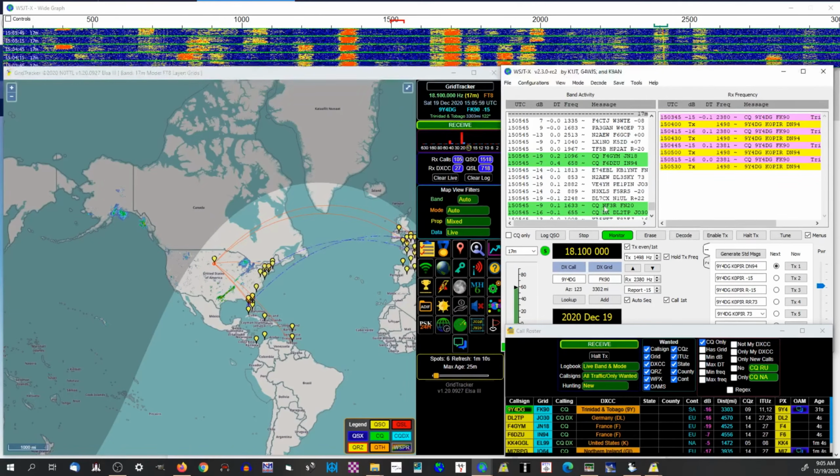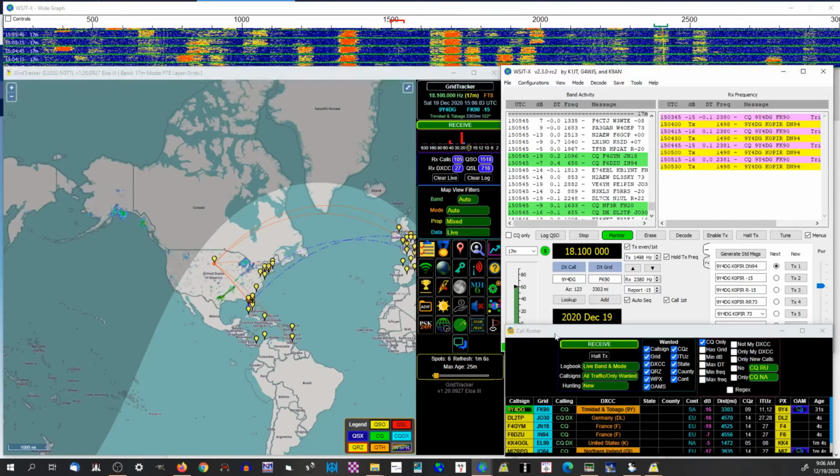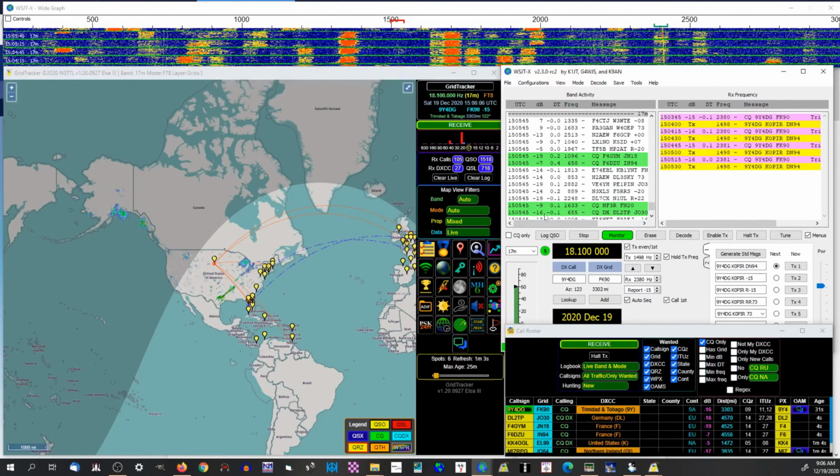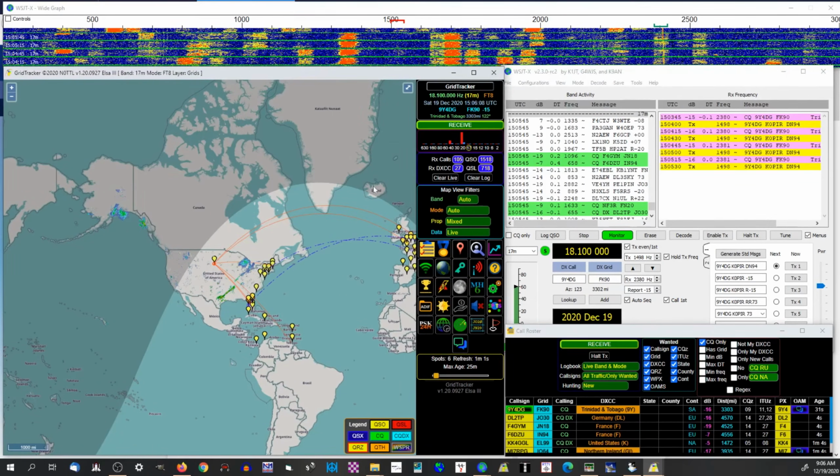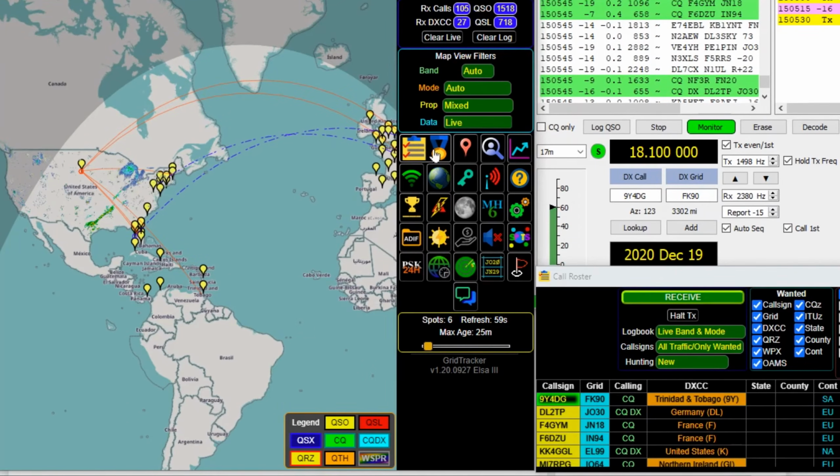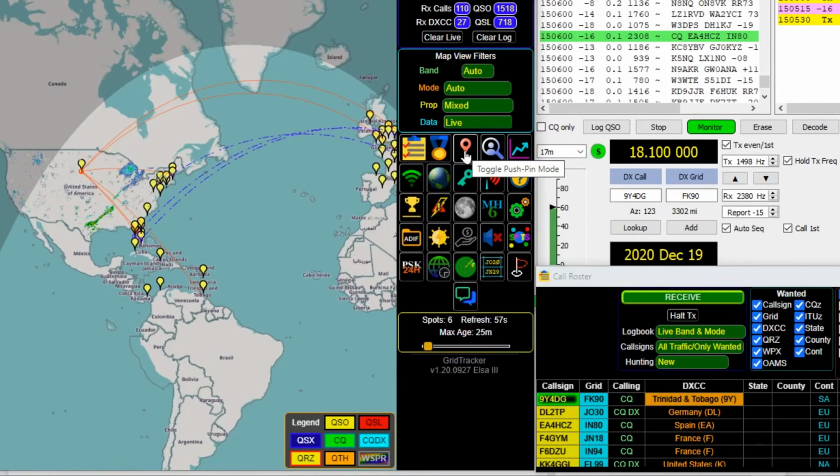There's a N3FR, and he's not showing up down here in my call roster, so I won't click on that. But let's take a look at some of the layers. This is the call roster, and this changes between the balloons and the grid squares. And I've been playing around. I like the balloons, looking at those. But another one,